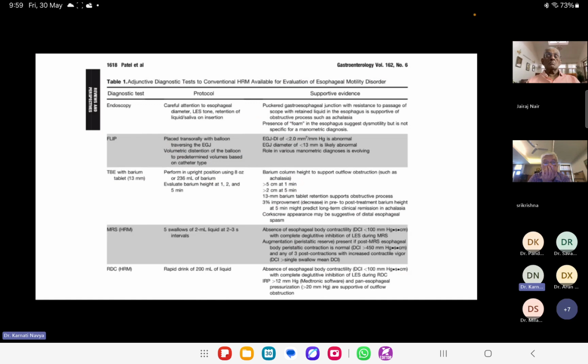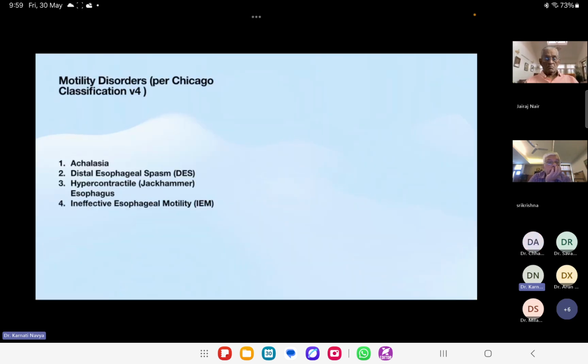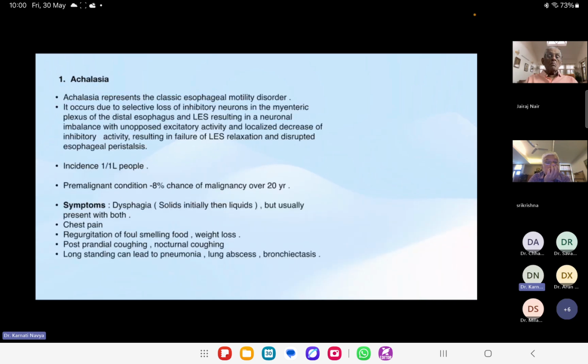These are the diagnostic investigations of the same thing which I have explained before. Motility disorders according to Chicago classification 4: achalasia, diffuse esophageal spasm, hypercontractile esophagus or the jackhammer esophagus, and ineffective esophageal motility. Achalasia cardia represents a classic esophageal motility disorder and it occurs due to selective loss of inhibitory neurons